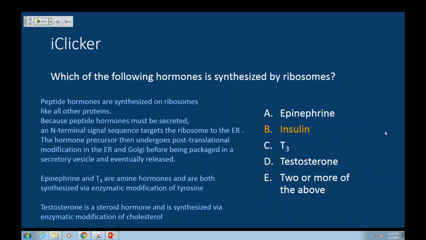So as I say, for the peptide hormones, all the rules that apply to any other protein are going to apply. They're going to be synthesized on the ribosome. They're going to have a signal recognition peptide that's going to localize them to the rough ER. They will be synthesized within the rough ER, and as they go, they will be modified as they travel to the Golgi, where they're stored in secretory vesicles, and eventually exocytosed into the plasma, where they can be distributed and exert their function.